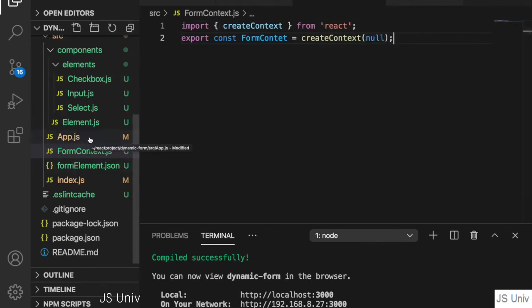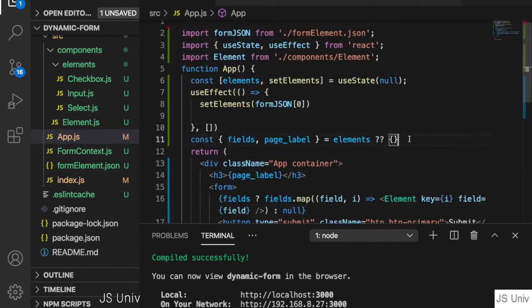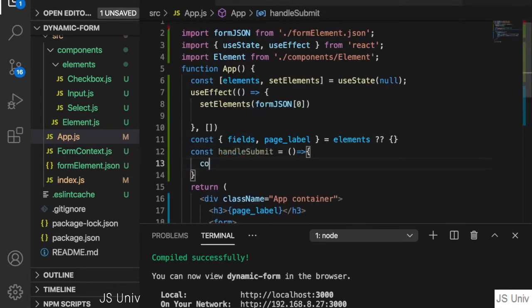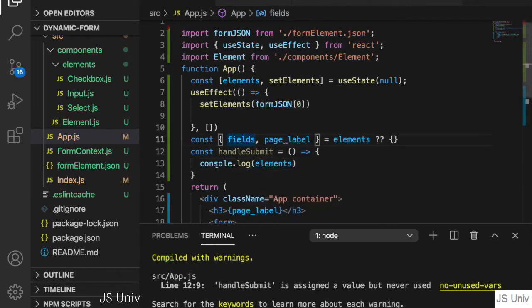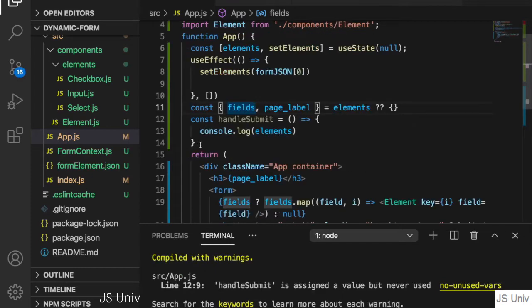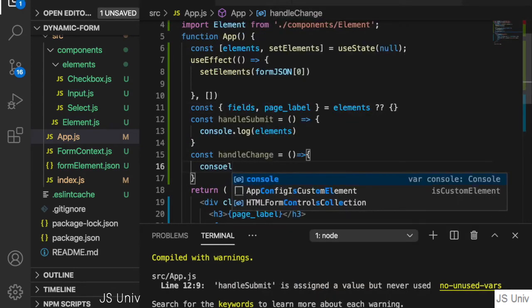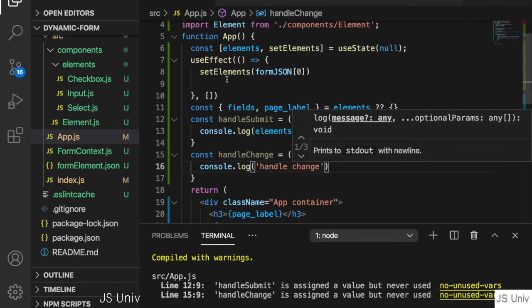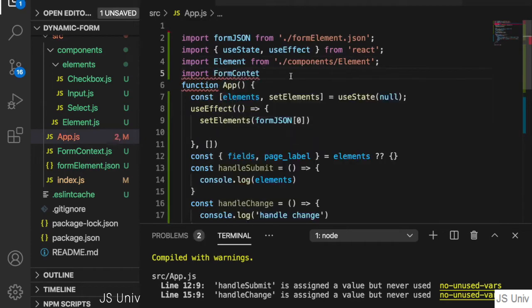the two functions. We delete all this space, and on the top we create const handleSubmit, and at this stage we just console.log the elements. In real cases, you should pass the information to your server. And the next part is handleChange. And we just log handleChange this test. And then on top, we are going to import the form context from